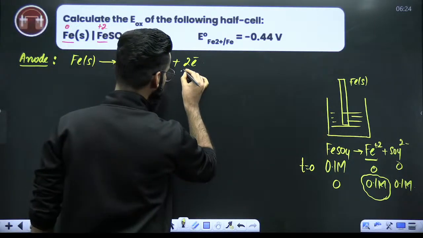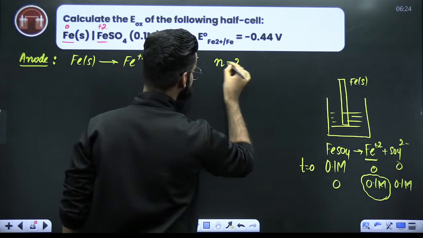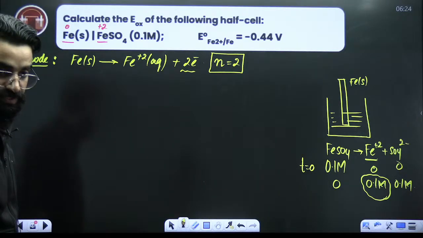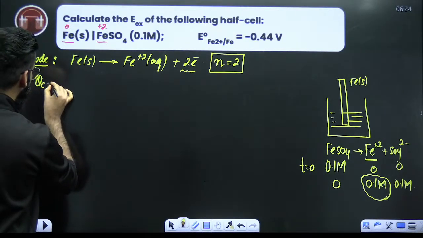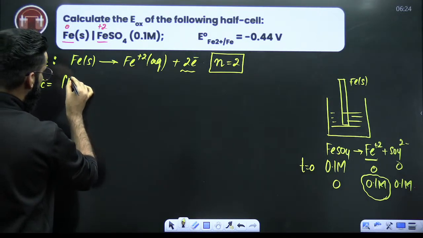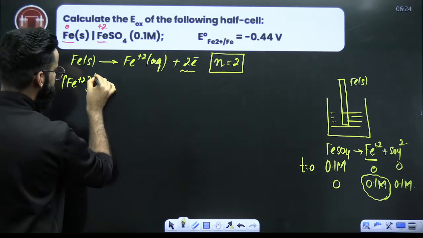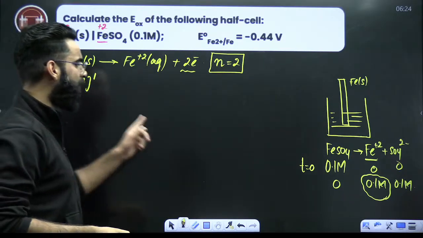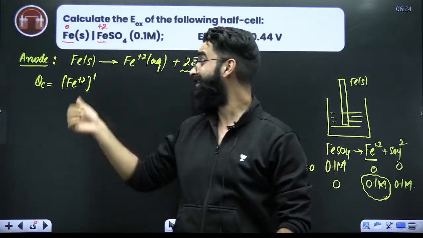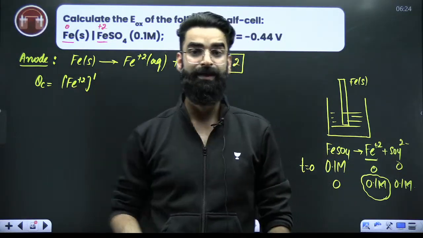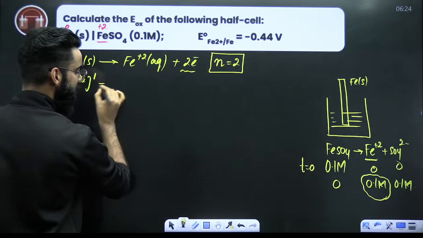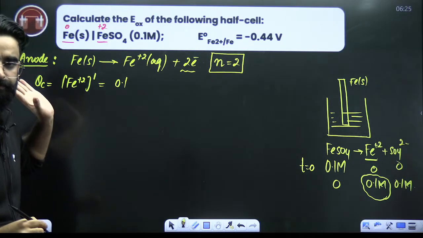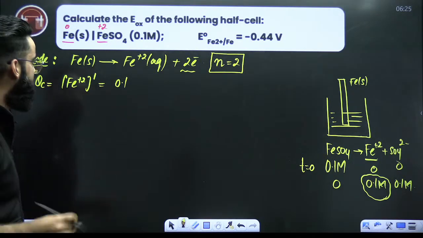Now if I ask you how many moles of electrons are exchanged in this reaction, I'll say 2 moles of electrons are exchanged. Okay? Tell me, what about the QC value? Start with the product. Its concentration of Fe2+ raised to power 1, divided by the solid, whose active mass is unity. Now do you understand why I calculated the concentration of Fe2+? Because I needed it here. So the concentration of Fe2+ in the solution is 0.1. Perfect. So the QC value is 0.1, right? The n value is 2.